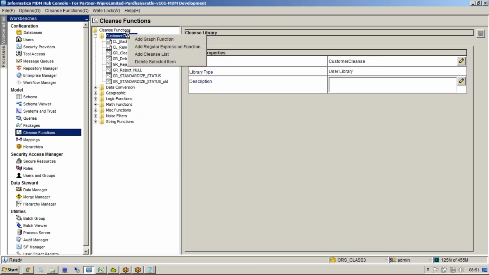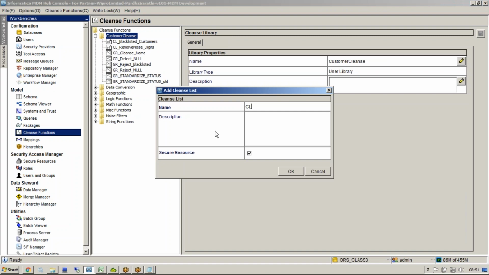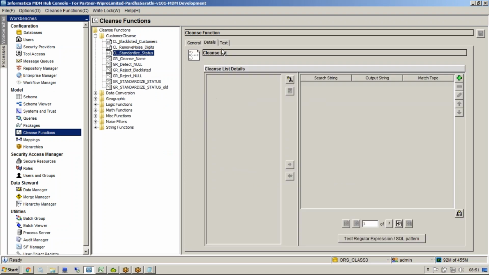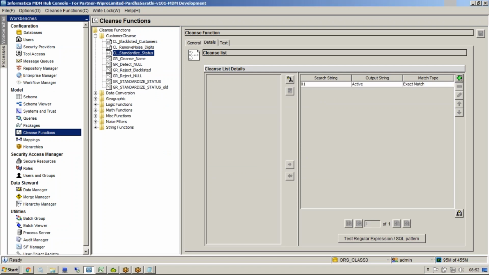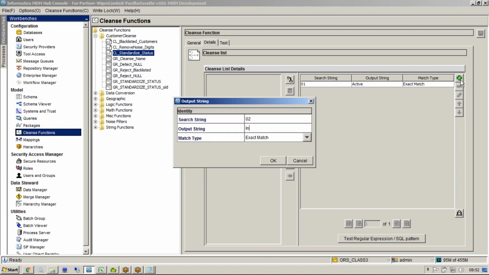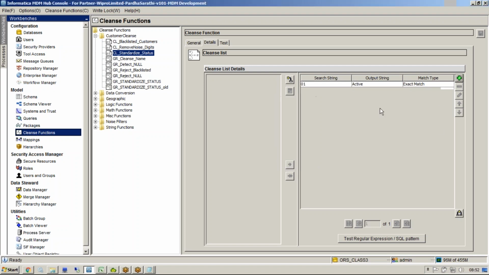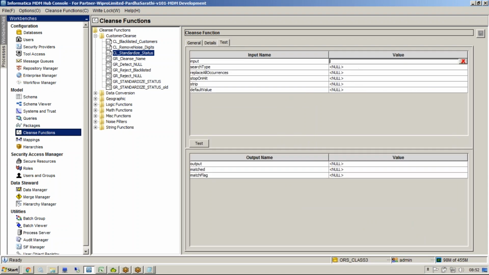First you create the cleanse list, add cleanse list, CL standardize status, right? You create entries like 0, 1 active, then 0, 2 inactive, then yeah, that's it. So go here, 0 1 active, 0 2 inactive. Anything else? Nothing. So you use the unknown here,